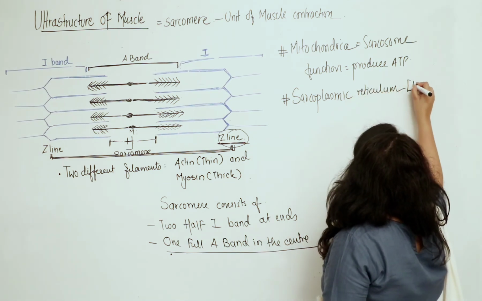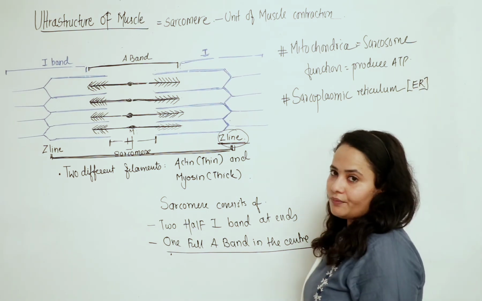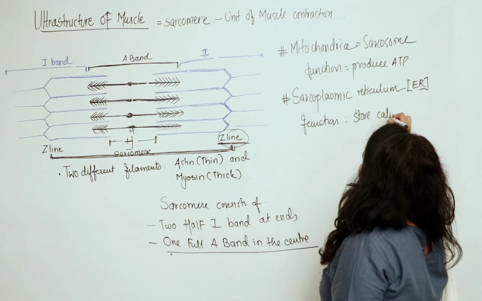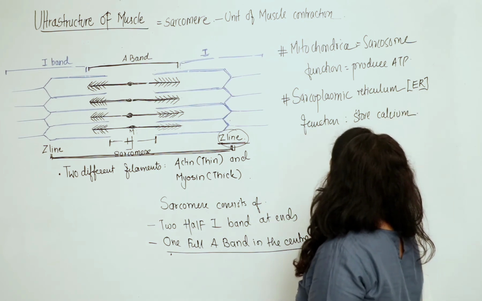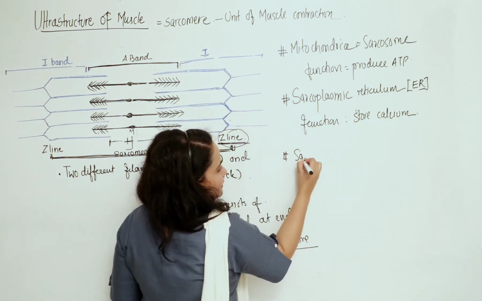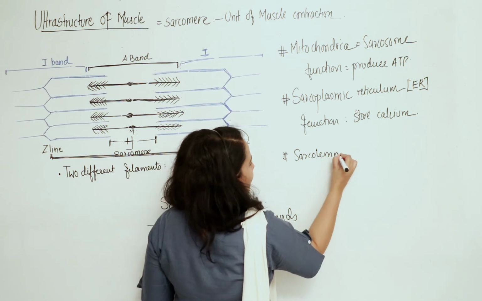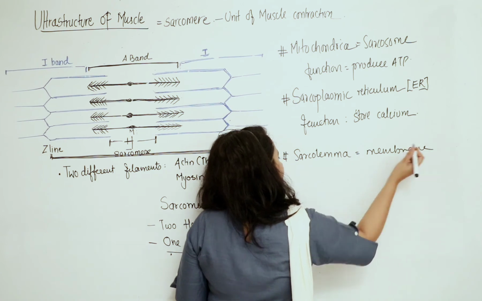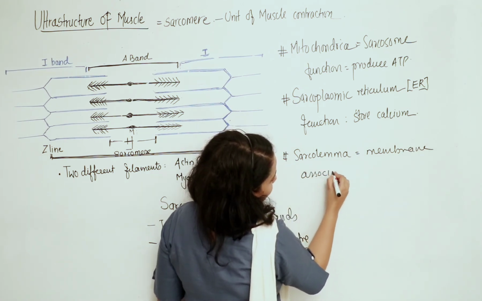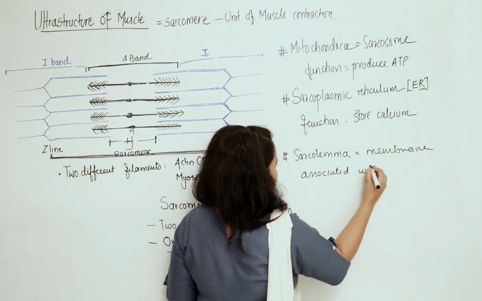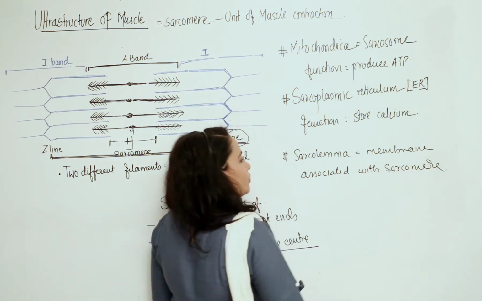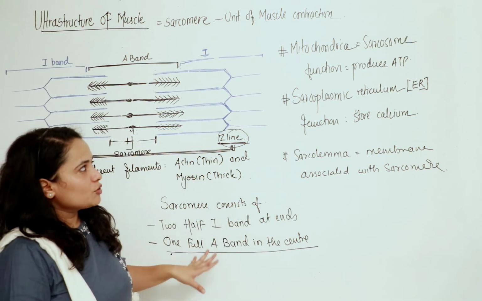वो एक टाइप की ER है जो मसल्स के साथ एसोसिएटेड होती है. इसका फंक्शन है टू स्टोर कैल्शियम. और एक होता है सार्कोलेमा, that is the membrane that is associated with sarcomere. तो ये कुछ टर्म्स हैं जो आपको याद रखने हैं और इनके फंक्शंस भी आपको याद रखने हैं